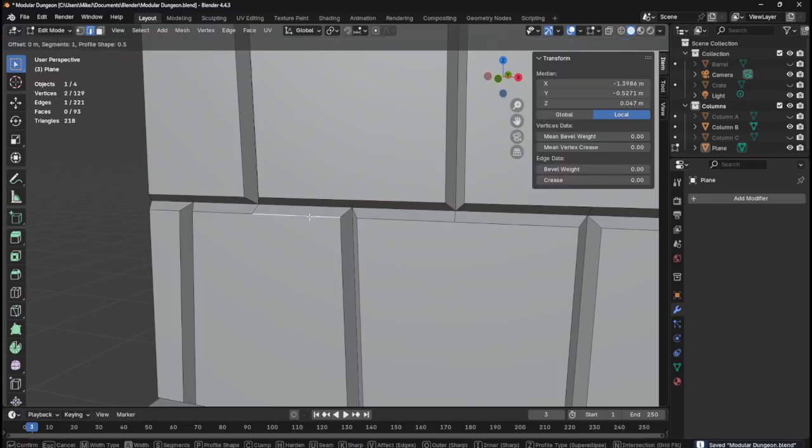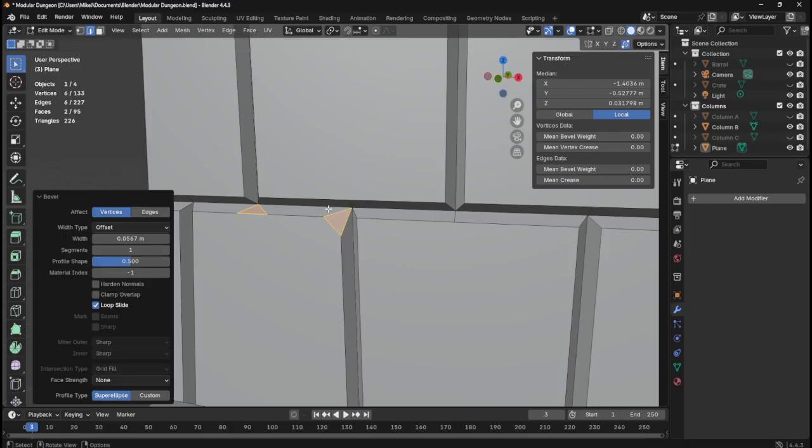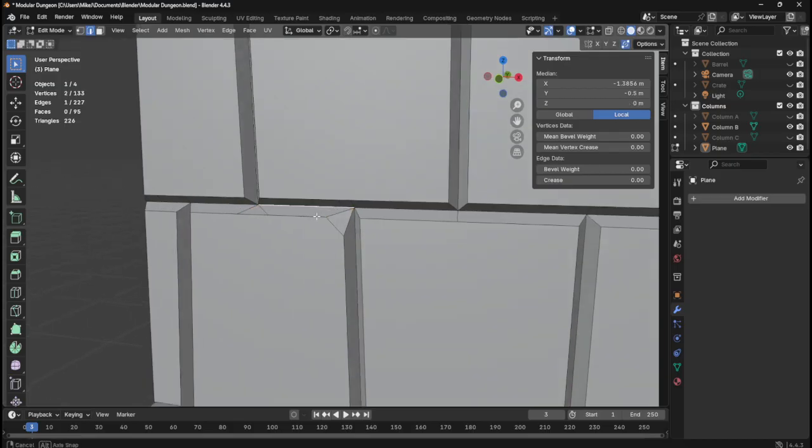Control B. V. Okay, so there we go. Okay, so